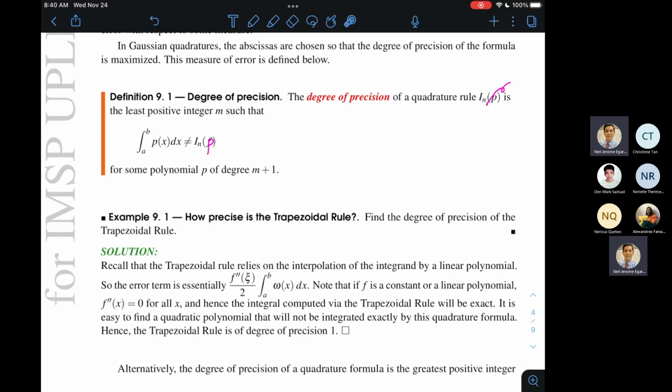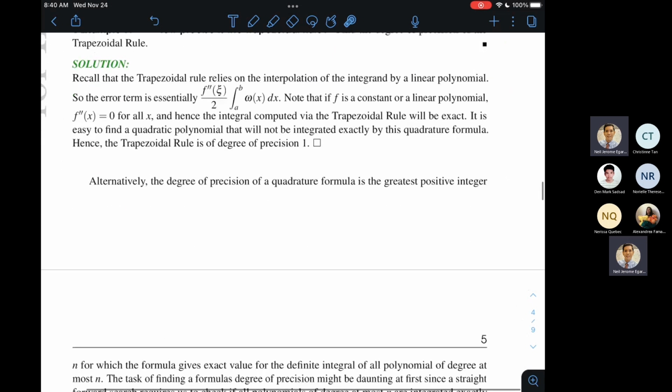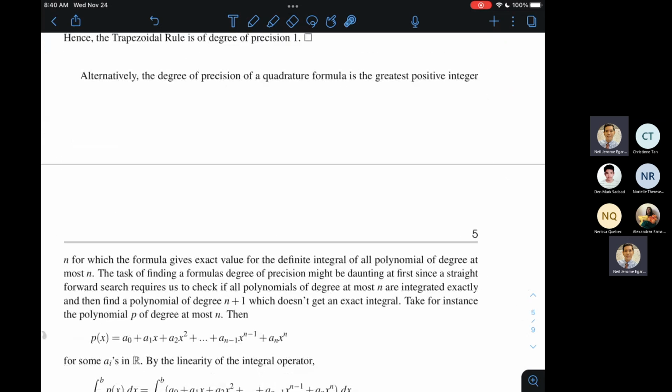Siya yung unang degree kung saan makakakita ka ng isang polynomial na hindi eksakto yung approximate na nakukuha mo mula dun sa quadrature rule para dun sa integral ng polynomial na yon. Okay? So probably it's much easier to think of it this way. Mas gusto ko yung alternative definition na makikita natin dito. It is the greatest positive integer for which the formula gives